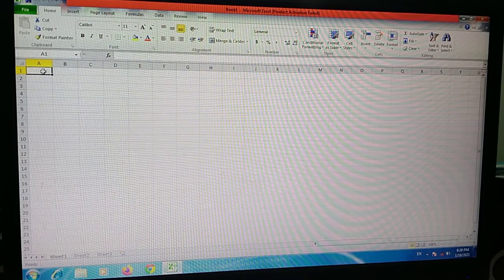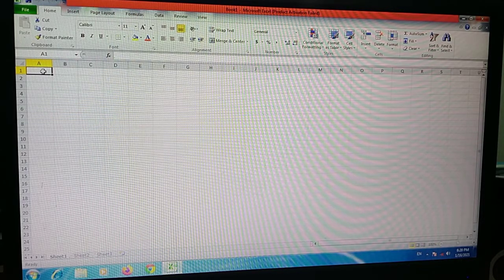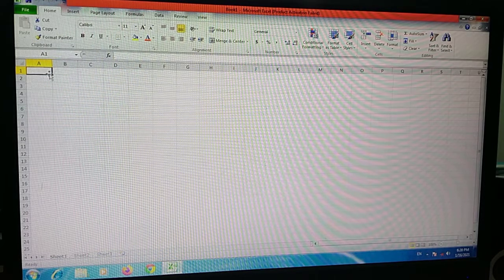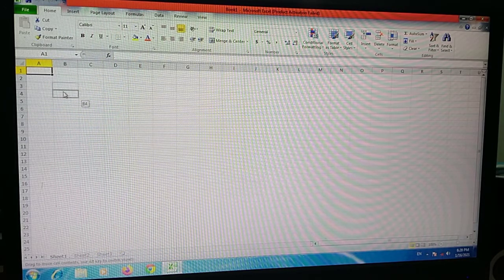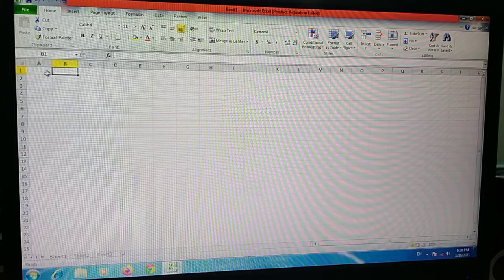You can only write data when your cell is active. The active cell has a black outline. The highlighted boundary on the active cell is called the cell pointer.